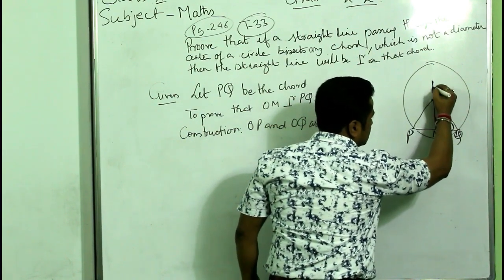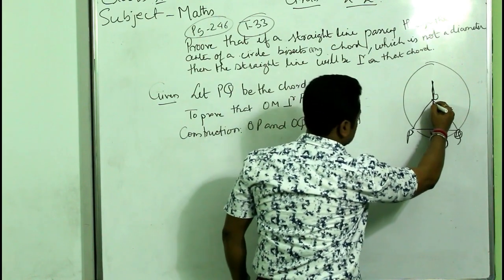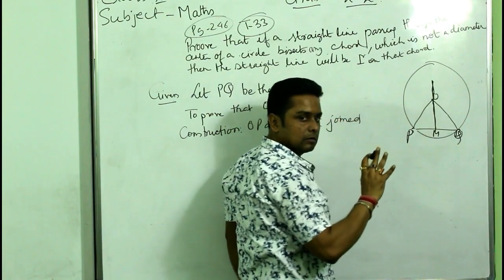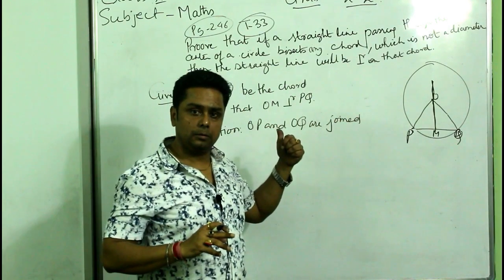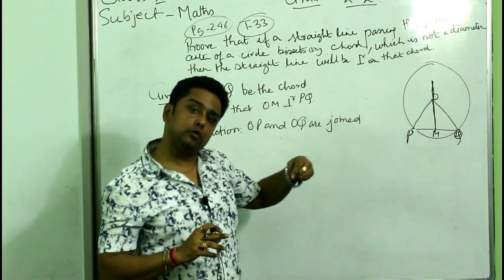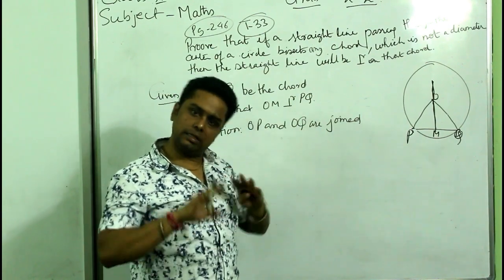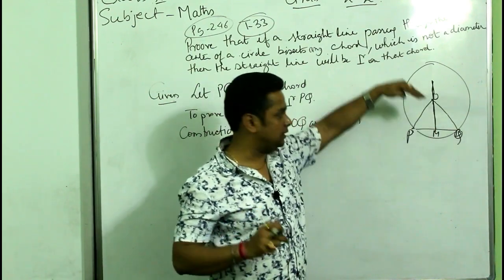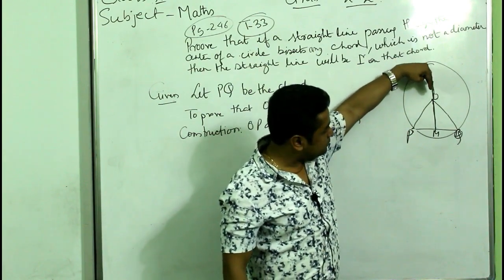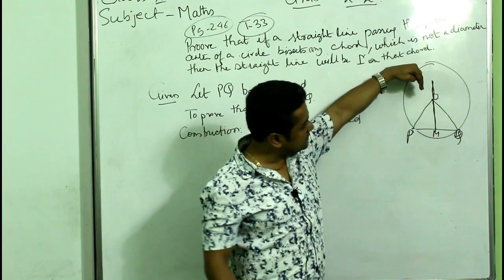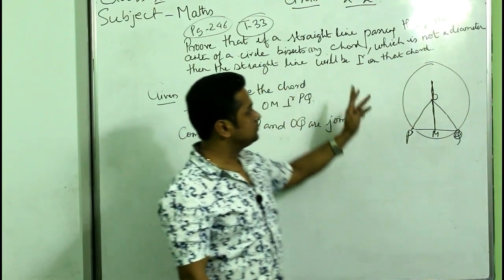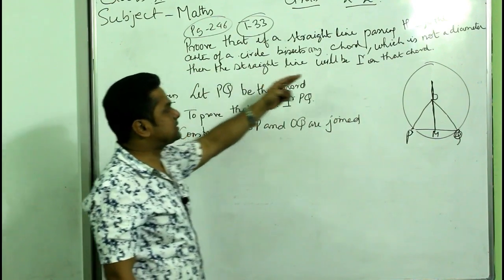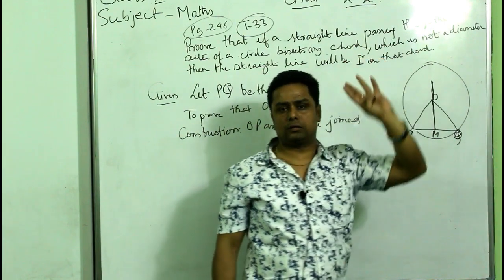If a straight line passing through the center of a circle bisects the chord, मतलब this line is bisecting the chord. See, earlier on they told what? Perpendicular on the chord proves that it is bisecting. Now they have told you this line is bisecting the chord. It's okay, Raj? Yes, sir. Okay. Now they have told you that this line, not perpendicular, this line is bisecting the chord, which is not a diameter. I told you why not a diameter in the previous one. Then the straight line will be perpendicular on that chord.